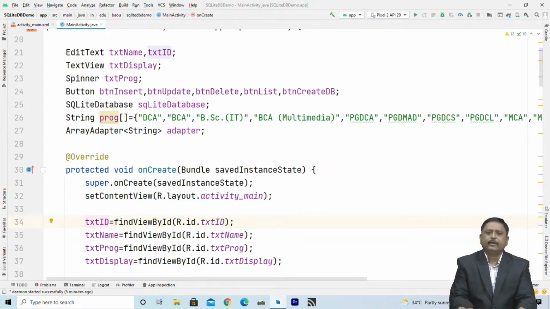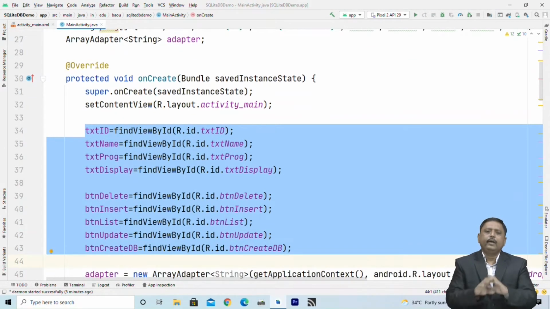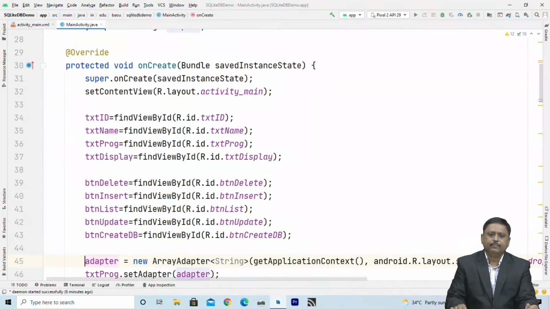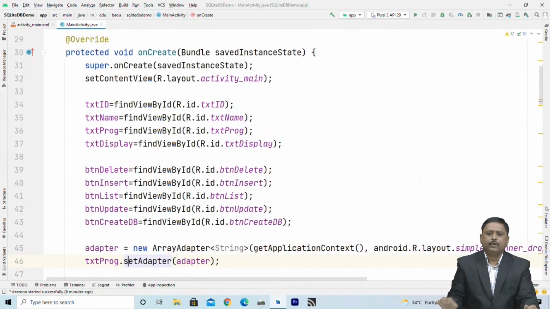These are the references of all the controls inside the layout file, right? So we have initialized all the objects with the corresponding controls in the layout file. Now here I created the adapter using new ArrayAdapter. The type of data is string, so here I write string. The first argument is context, the second argument is layout, and the third argument is the array itself.